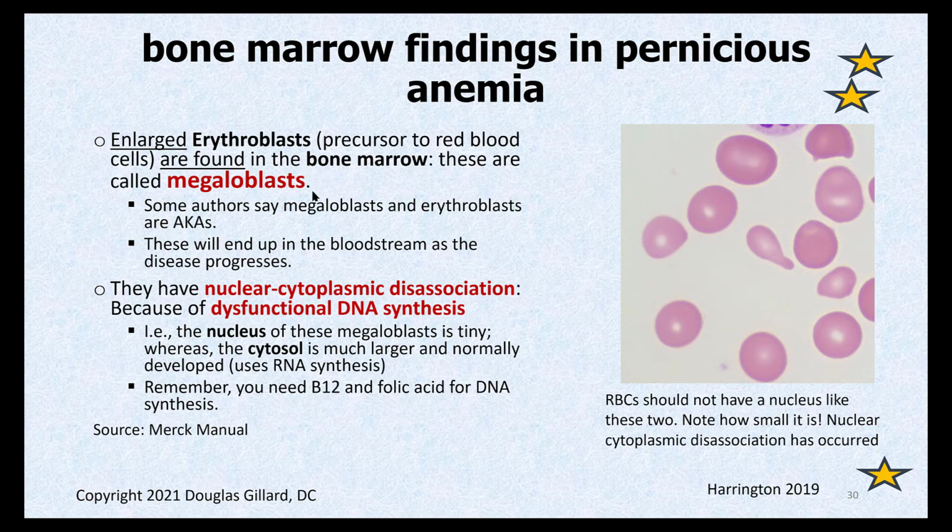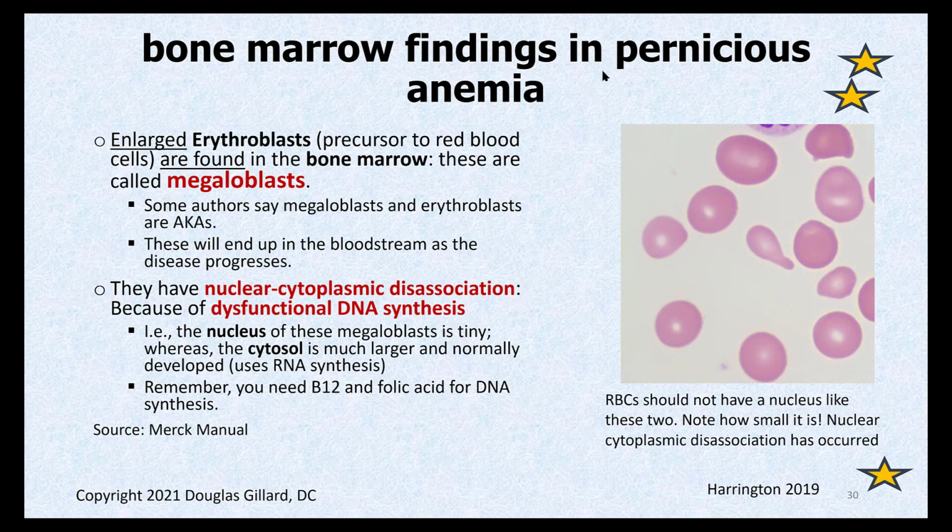Megaloblasts. Usually they stay in the bone marrow at the start of the disease, but as the disease progresses, these immature giant blood cells get kicked out into the blood, and these are megaloblasts out here. Their nucleus is small, with too much cytosol away from the nucleus. That's called nuclear cytoplasmic dissociation. That goes with pernicious anemia. Make a note card so you remember that one.